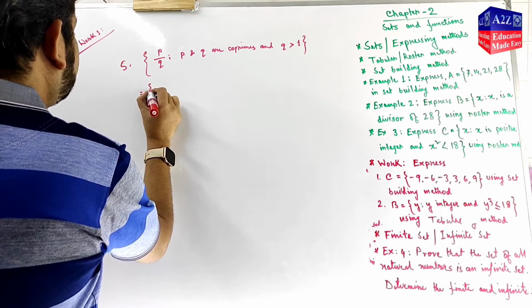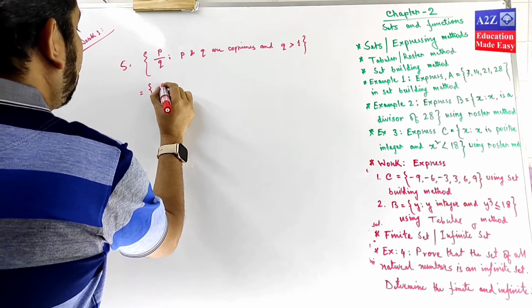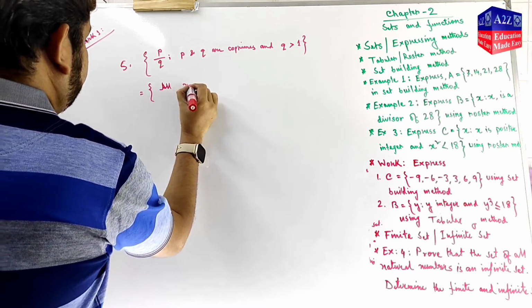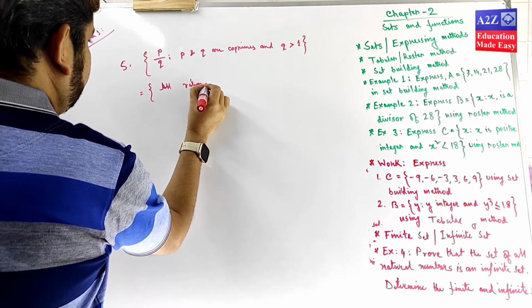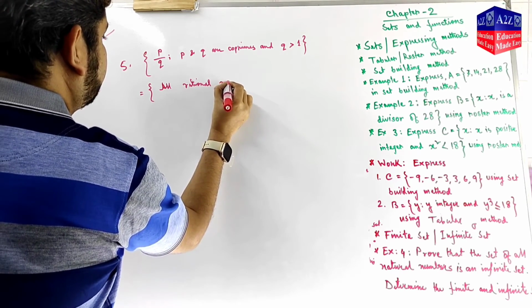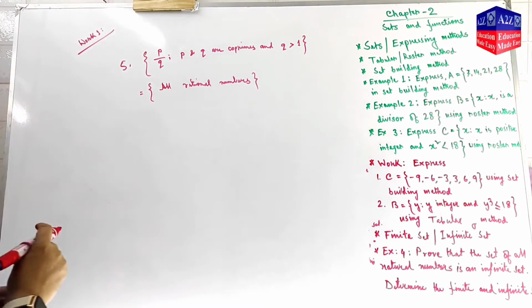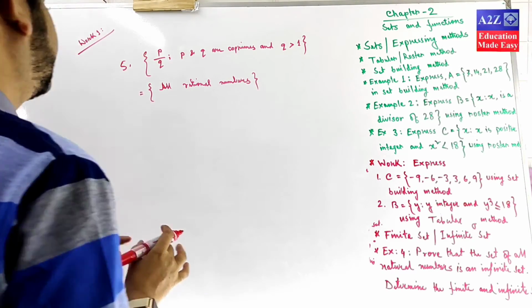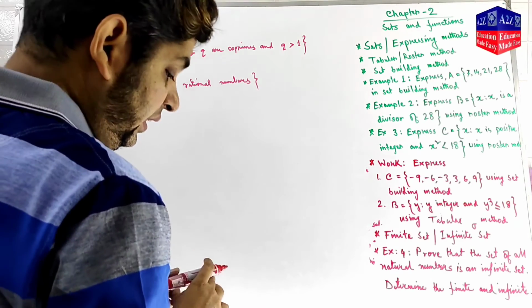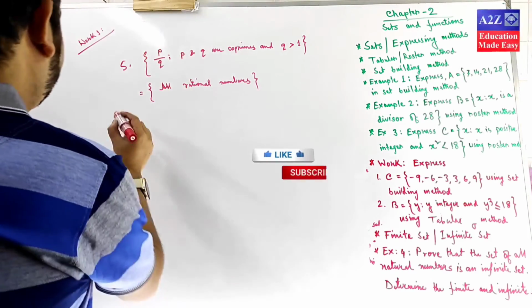I can rewrite this as all rational numbers. So there is no limit ultimately, and this can be an infinite set. And the final one is